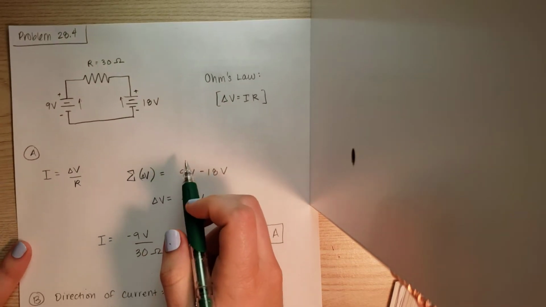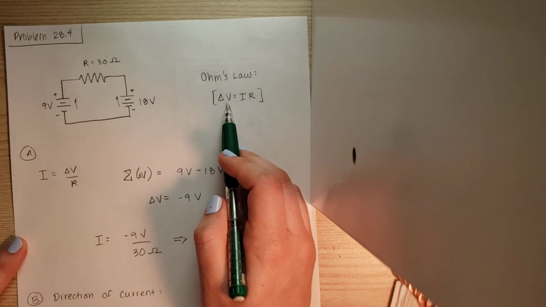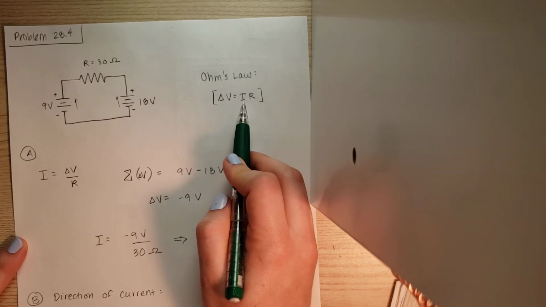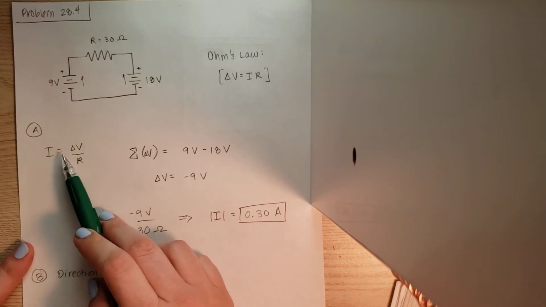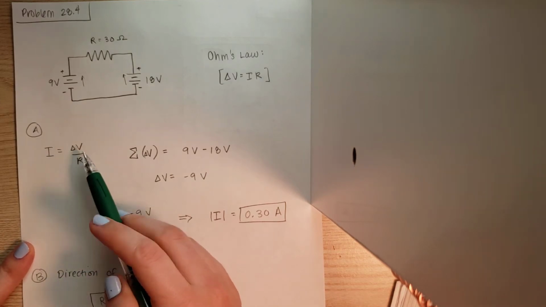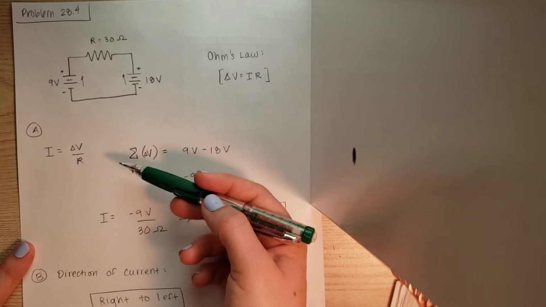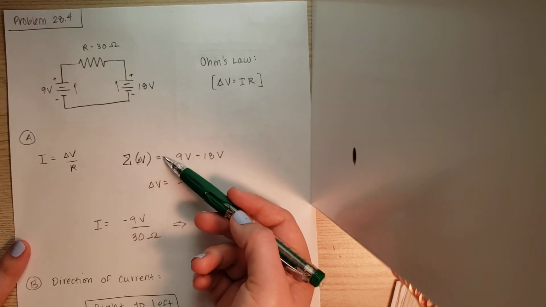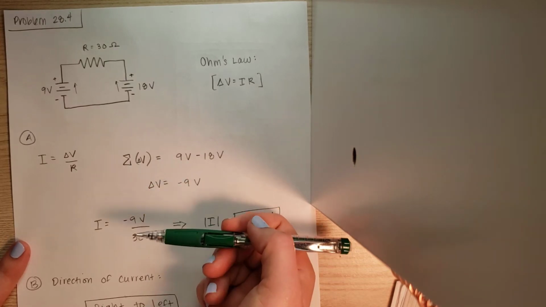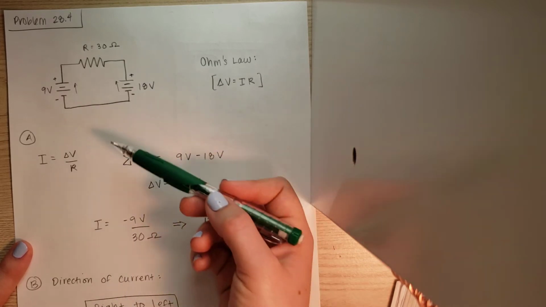So using Ohm's law, which we know is the potential difference equals the current times the resistance, we can just rearrange that in order to find the current. And we know that to find our potential difference, we just need to sum all of the potential differences that we run into around the loop. So